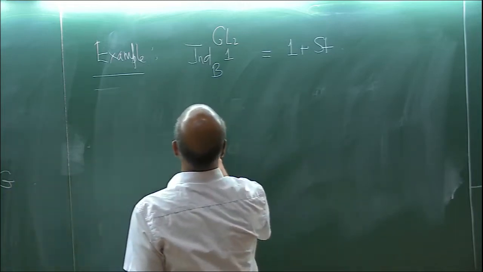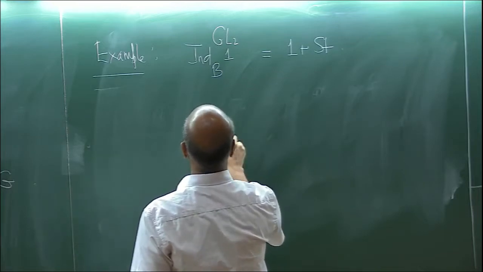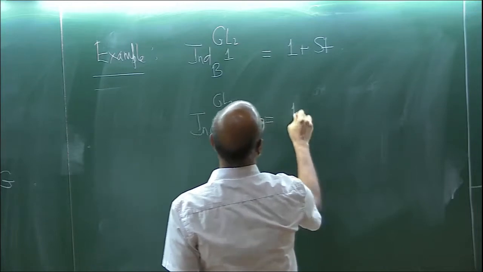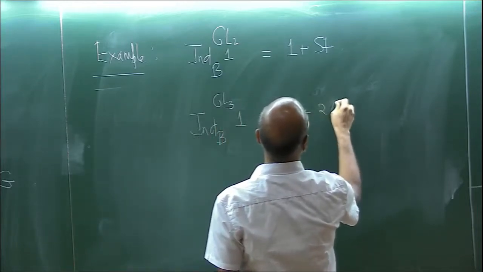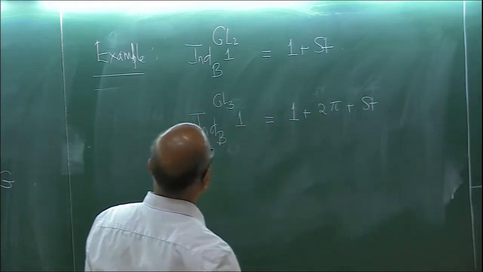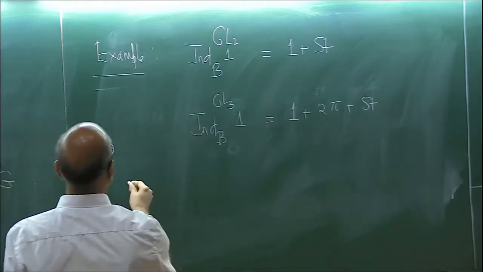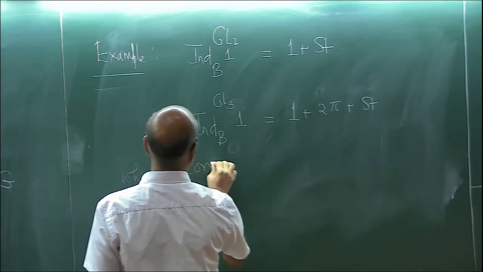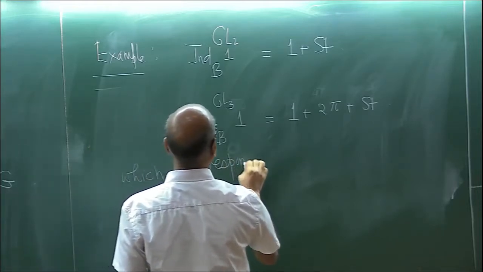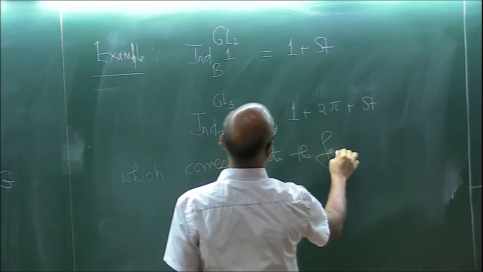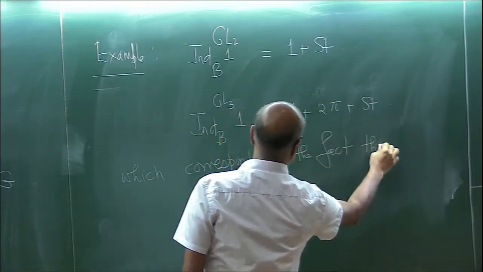And if you did something similar, induction from B to GL3 of 1, then this will be 1 plus 2 times pi plus Steinberg, which corresponds to the fact that